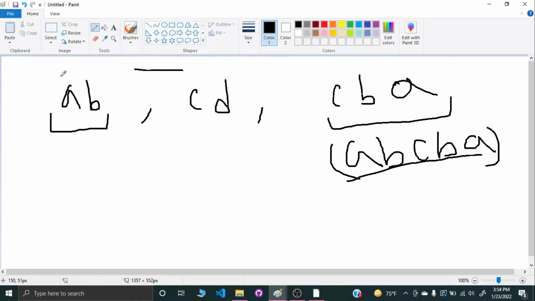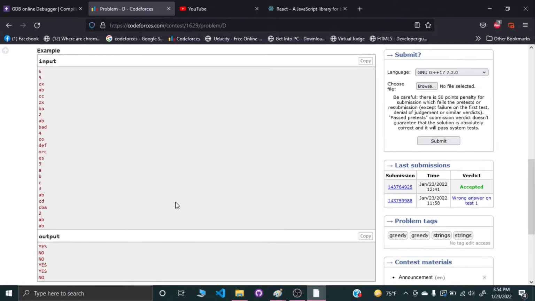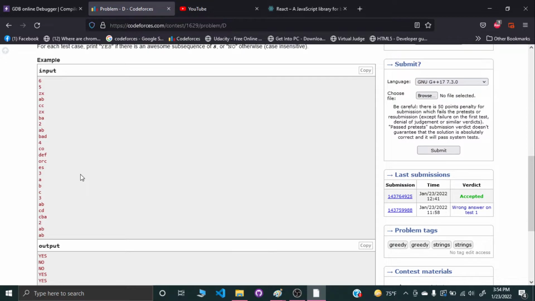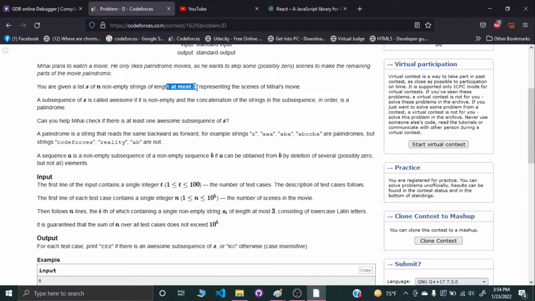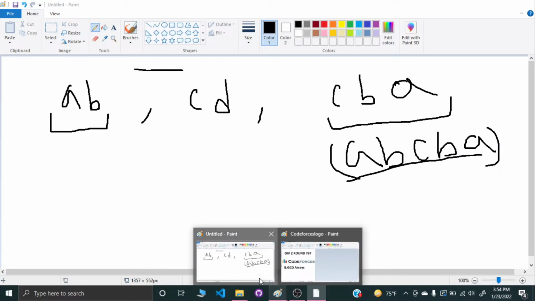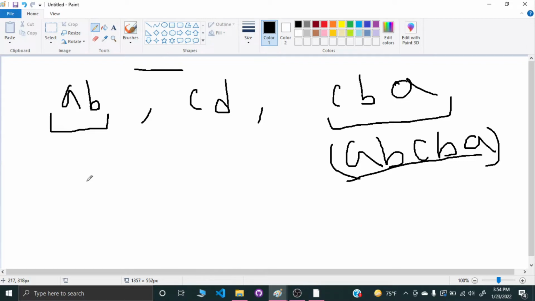Now, the way the 2 cases are going to work is that, remember what I told you, strings' length will be at most 3. That's going to help us, because if the strings' length is not more than 3, then I could make a claim.